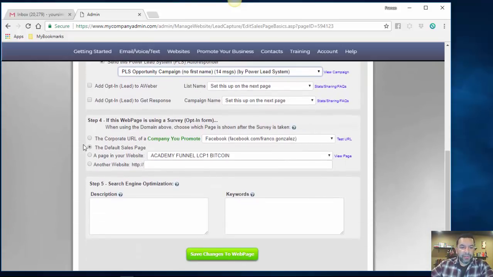Now we go on down to step number 4. Now remember, all I did here is I created a clone of an existing capture page. So step number 4 is for the presentation page you want them to go to after they opt in to the lead capture page. Okay, what page do you want them to go to next? Well, because this is a clone of the main funnel, I don't want to change this because it's already set, right? Right here it says, if this page is using a survey or opt-in form, which it is because it is a lead capture page,